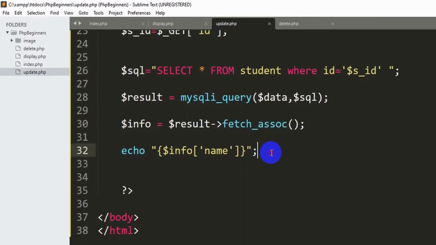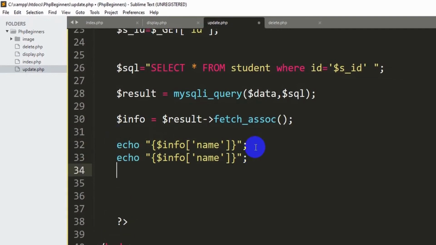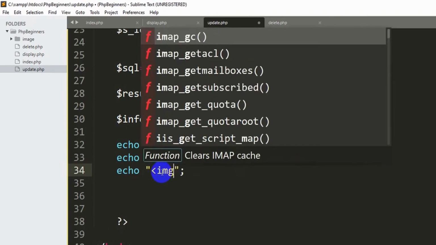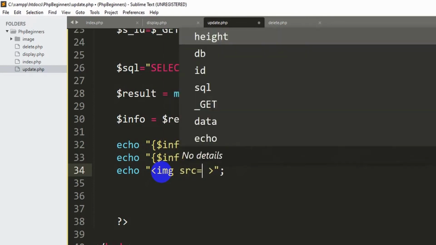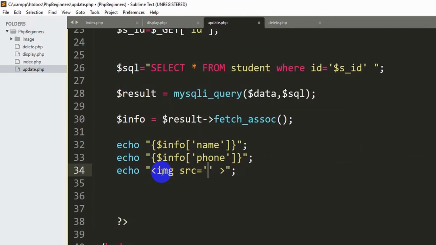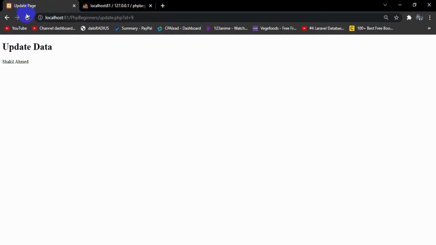Let me show you over here. Let's also print the phone number and the image. We'll say phone, and for image we need to write it a little bit differently. Here we need to use an image tag for the image. Inside this image tag we are going to say src is equal to, and we need to give two single quotations. If you give double quotations, it will give us an error. Let me copy this line, Ctrl C and Ctrl V, and instead of phone we say image. Now if you save it, Ctrl S, and refresh over here,